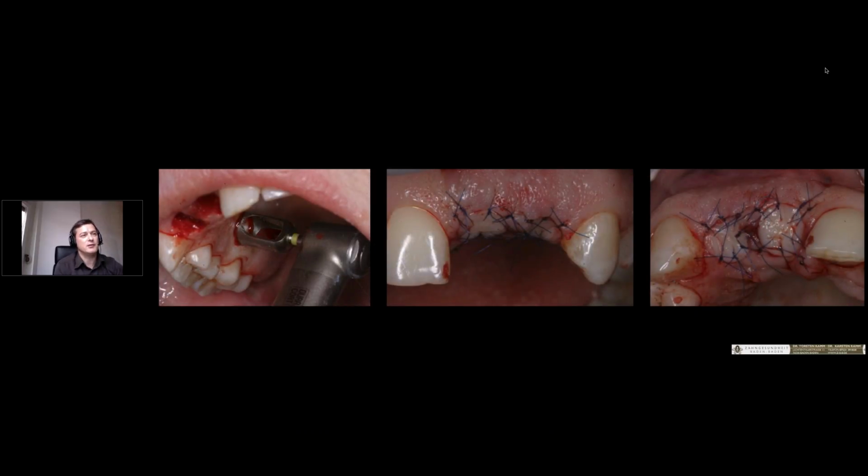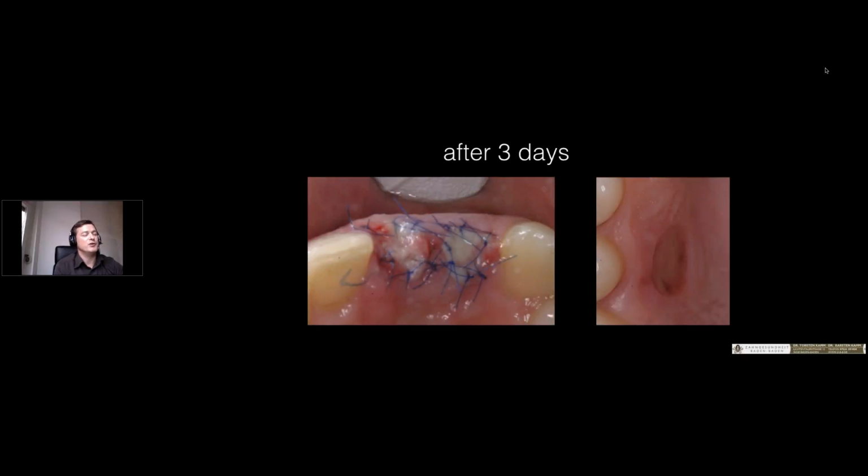It's a very old technique from the 50s, but it has a new revival by Ronald Jung for 8 years. It's called the socket seal technique, just putting some soft tissue from the palatal side onto the socket. It's a very easy technique. Remove the teeth, put some fillers or some bovine or human material inside, and then cover it with this connective tissue graft. And there you see the results